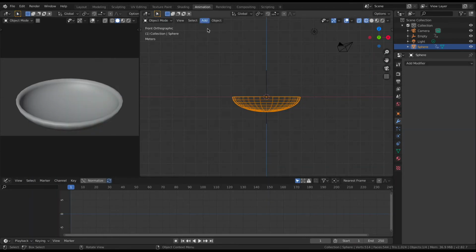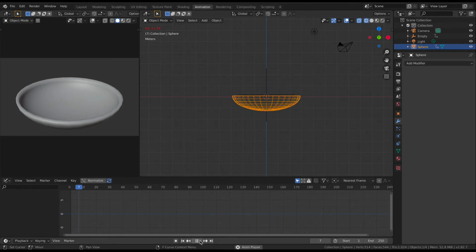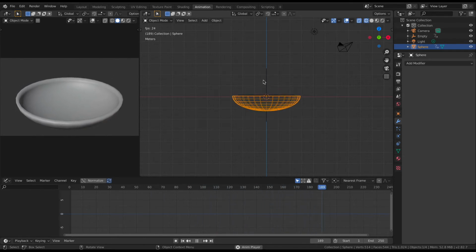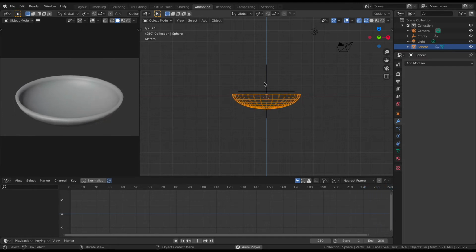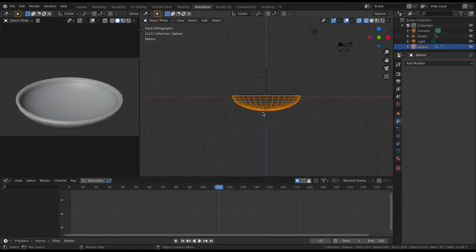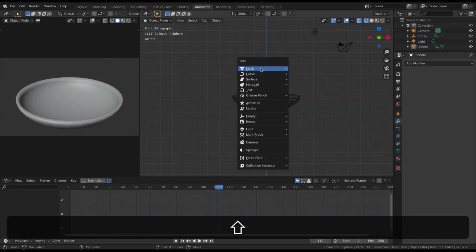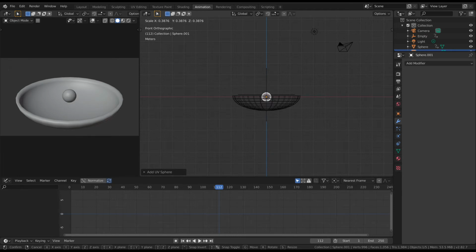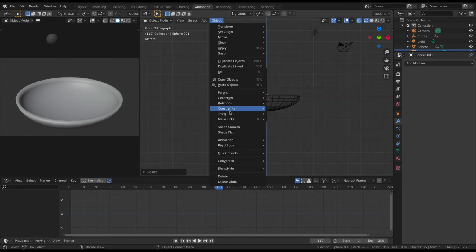Now let's go to animation. Let's check it. And what you can see is that it's bouncing with the empty, but not as much as the empty is bouncing. All right, so next, let's add in the balls. So I'm going to add a UV sphere, scale it way down, lift it up here. We will shade smooth,